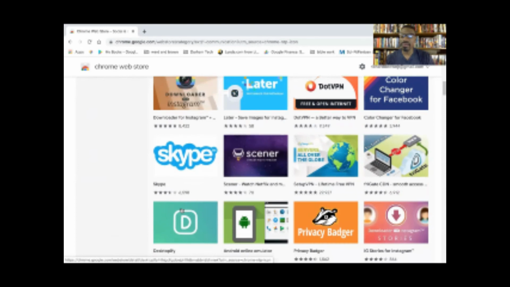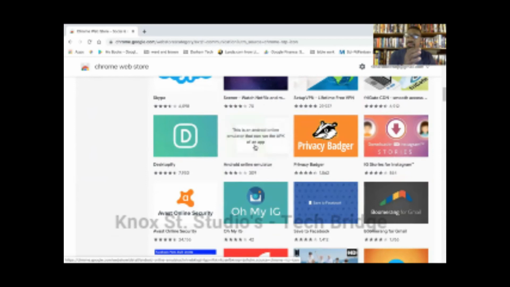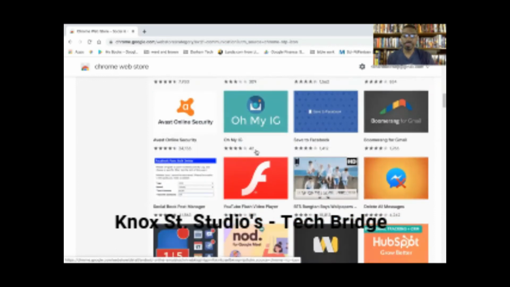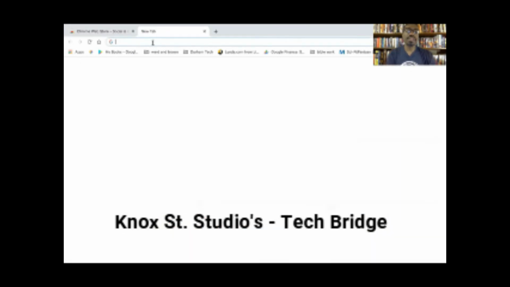I'm sorry, the Gram. Online emulator for your Android. So you can actually run, it would basically be like a virtual Android phone inside your browser. Okay. And then the last thing I want to do is, so let's say that you are,